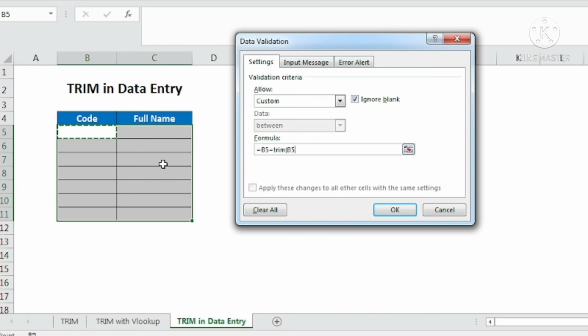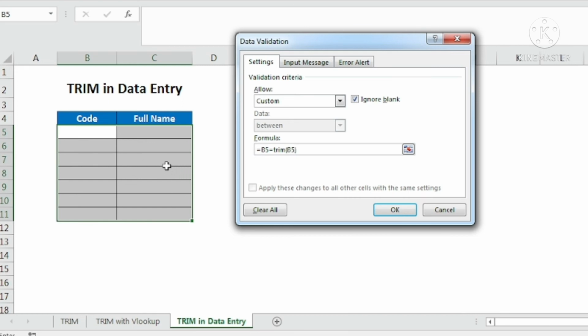But before that I had already selected the range where all the data entry is going to happen, so this will be applicable for all the cells. So what I did: I went into data validation, Alt DL. Under settings I chose custom, and then in formula I put equal to the first cell, then again equal to, then the trim function, then again that particular cell only. So this formula will check whether the data entered into this cell is clean data or not.